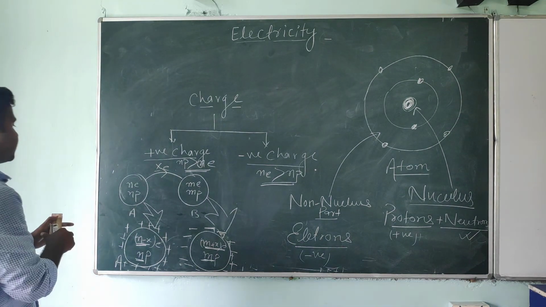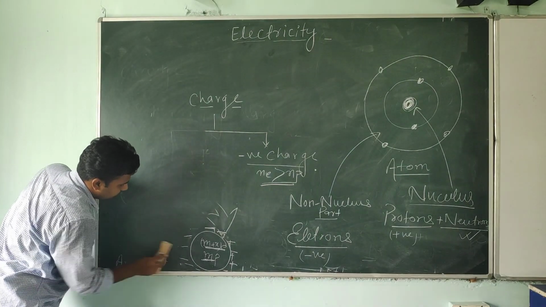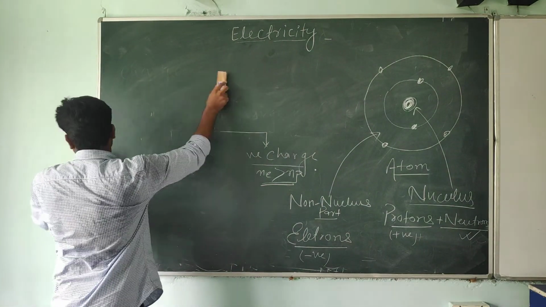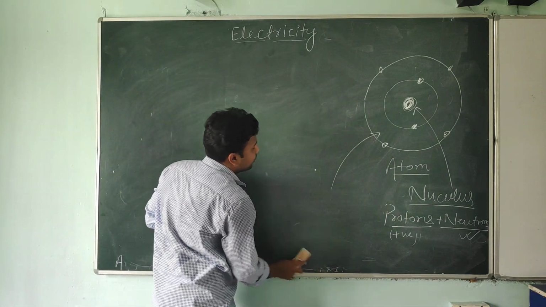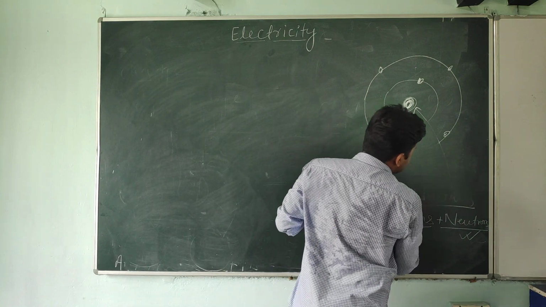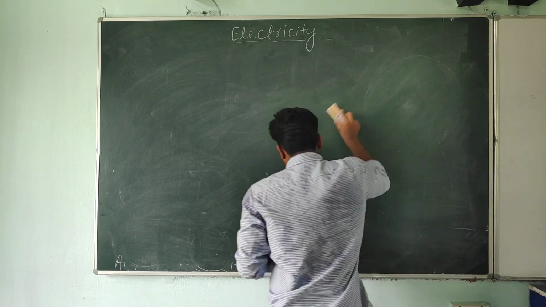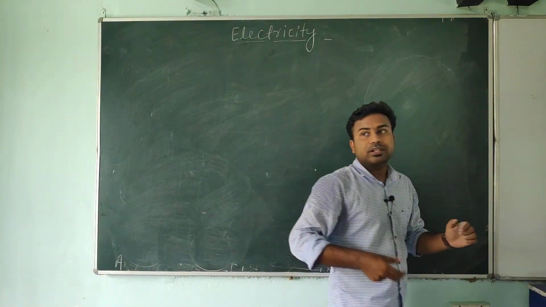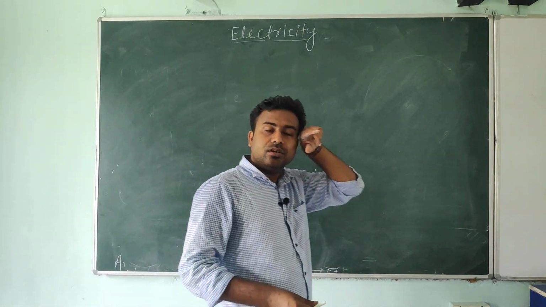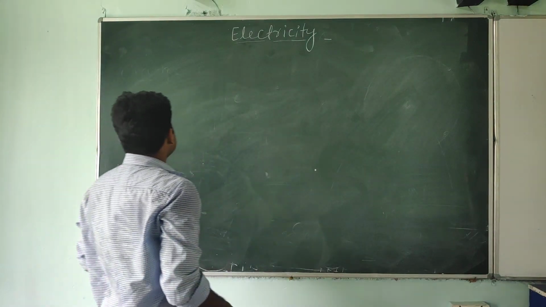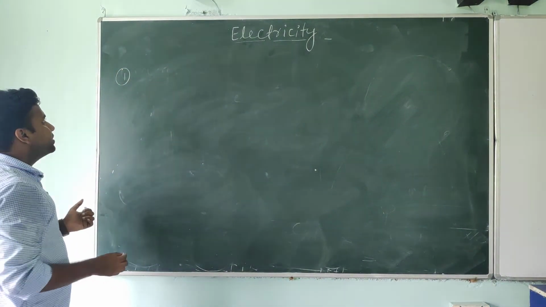Okay student, now you understand, note down this. Now I am going to discuss the properties of charge. This is a basic unit and very important, students. I know that in the NCERT book the charge topic is given very briefly, but it is very important. If you do not understand what charge is and what the properties of charge are, you can't understand the full unit, the whole of electromagnetism.